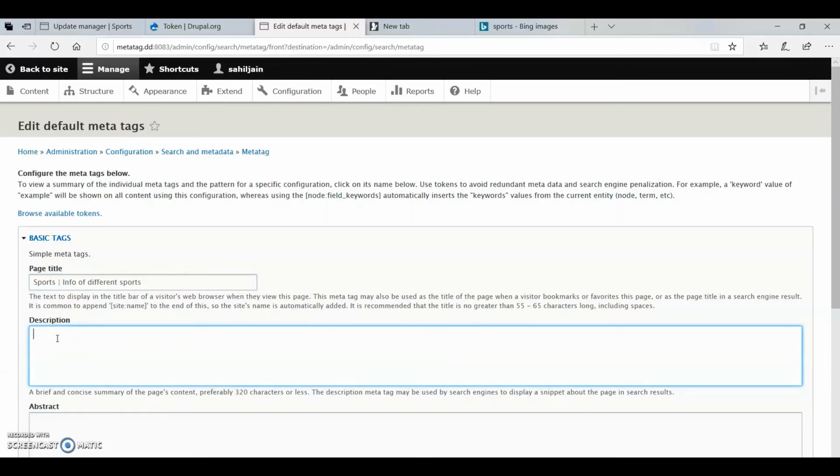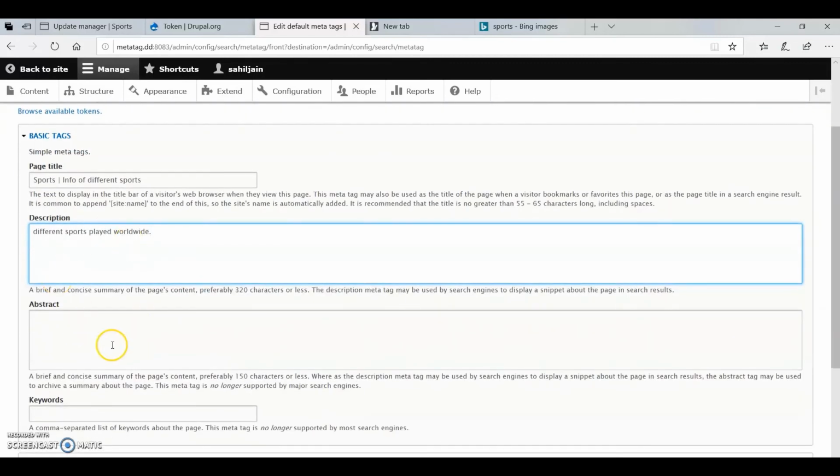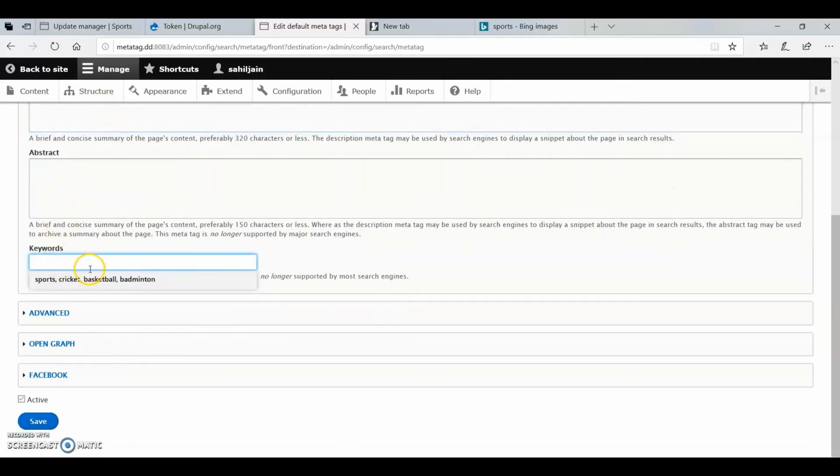Description is different sports worldwide. I'll leave the abstract, it's the same only. In the keywords, I'll add sports, cricket, badminton, basketball. So now we'll just save it,